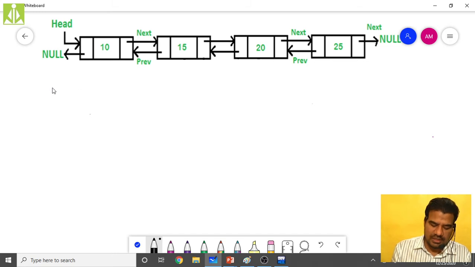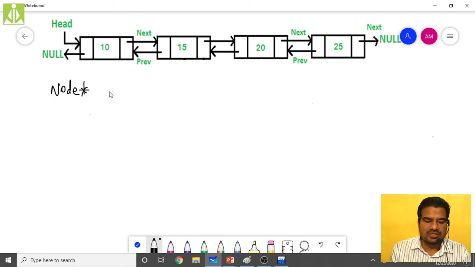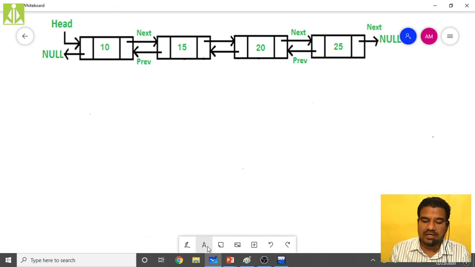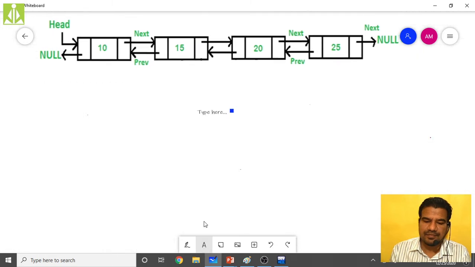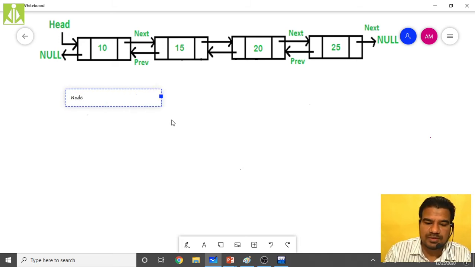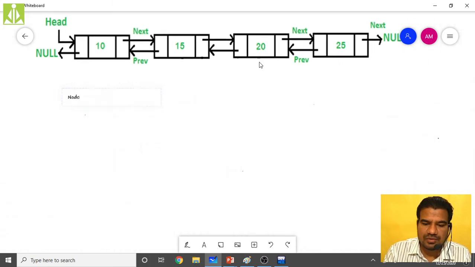So here I'm writing node star. So rather than writing like this, should we take the help of the text? Can't we do it like this? Let's see whether we can take the help of this thing. Is it visible if I write like this? No, I don't think it is visible.